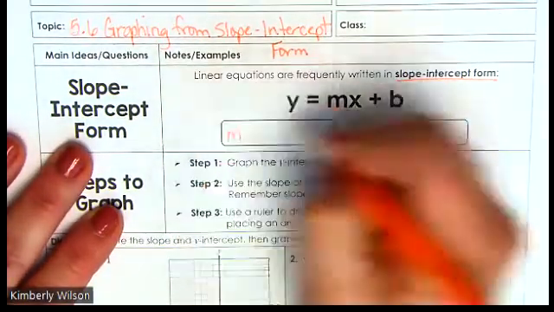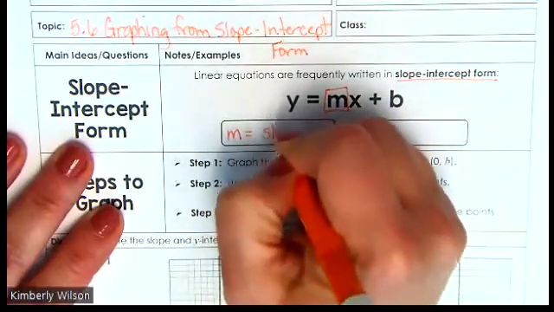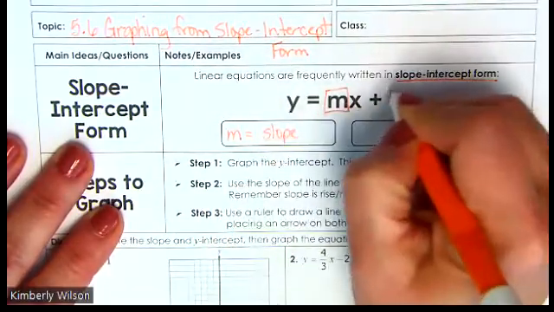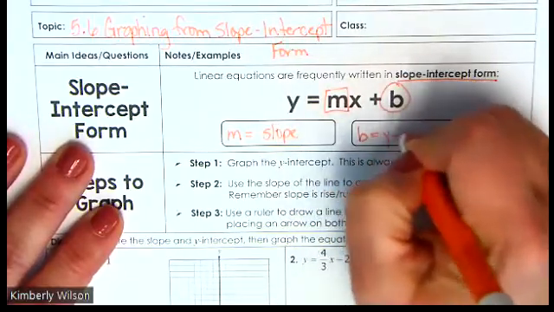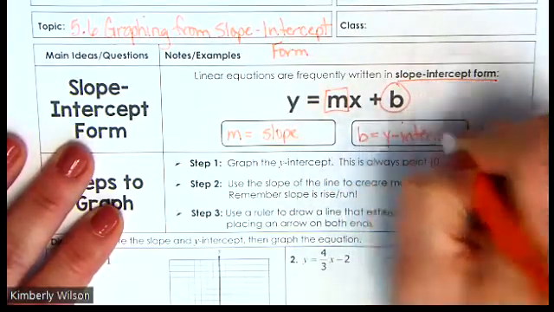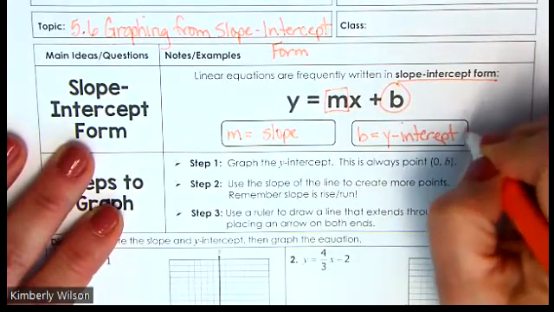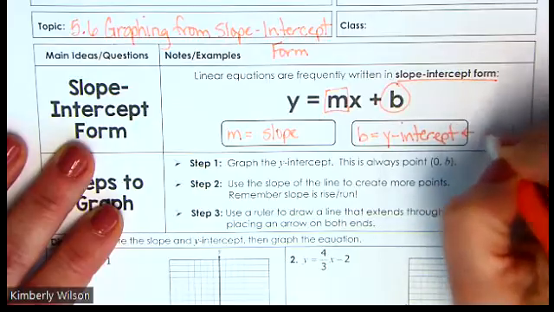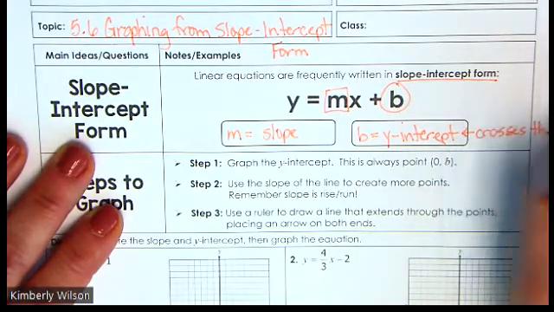We have the m, which is our slope. We have the b, which is the y-intercept. Now you need to remember that the y-intercept is where it crosses the